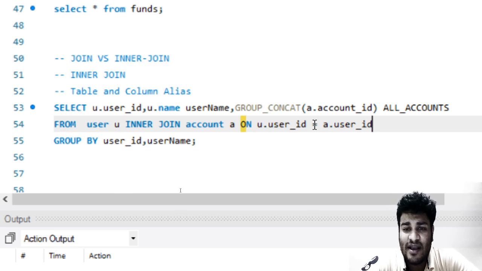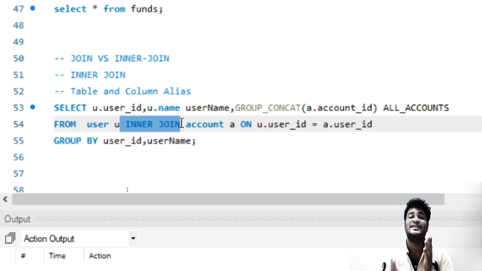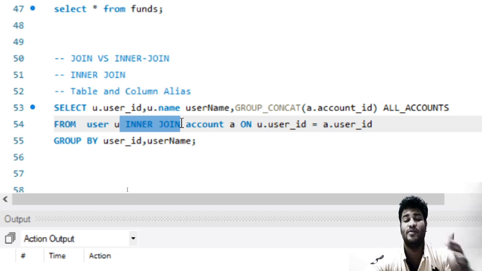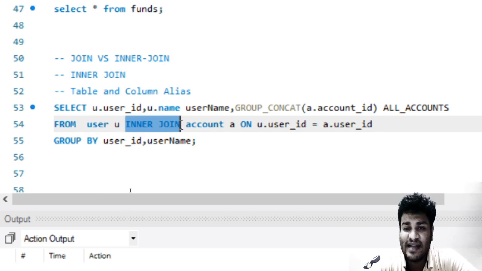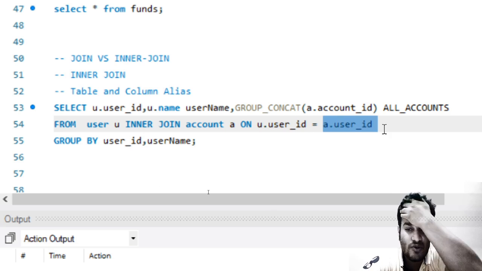Again, when we say on statement, it is also doing the same thing. It is doing the inner join. It is giving the inner join condition. So inner join always has a condition attached. Why it has the condition attached, we will study about it. So it has a condition attached saying that u.user ID should be equal to a.user ID.